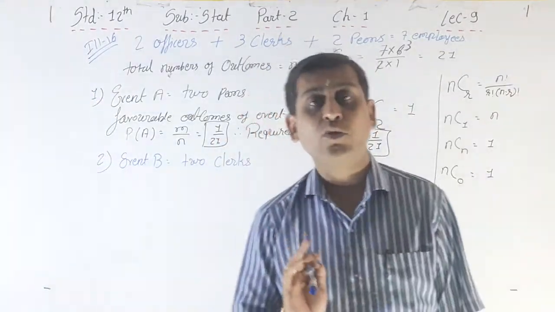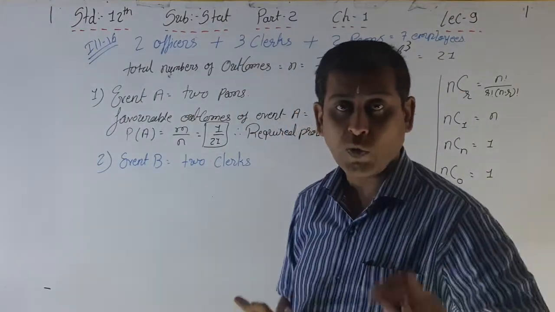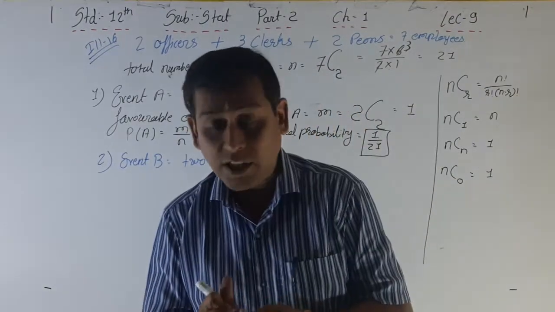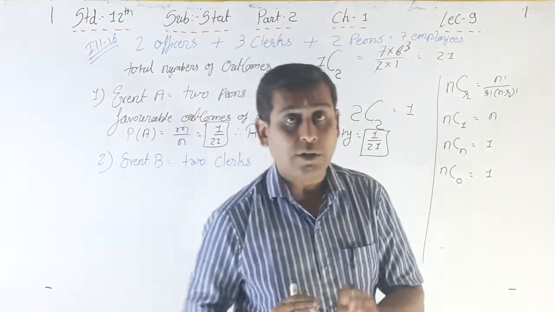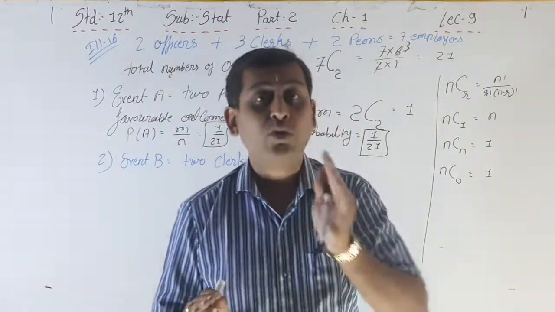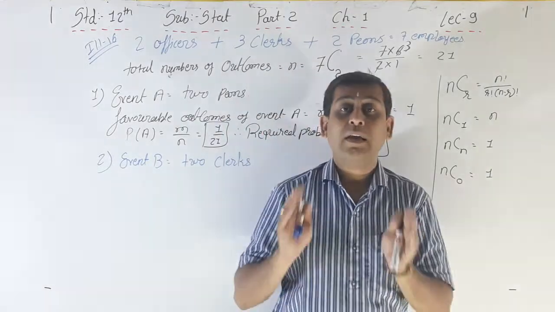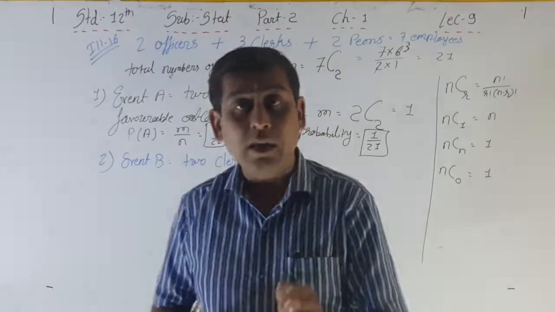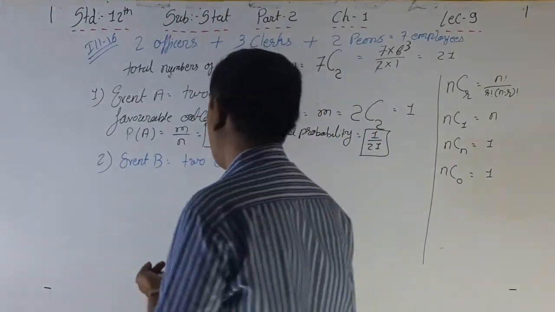And we have to select only 2 from these 3 clerks, because our main experiment is we have to select 2 persons from 7 employees randomly. And from 3 clerks we want in event B any 2 clerks, right? So here the favorable outcomes